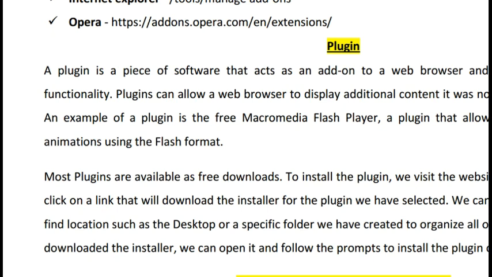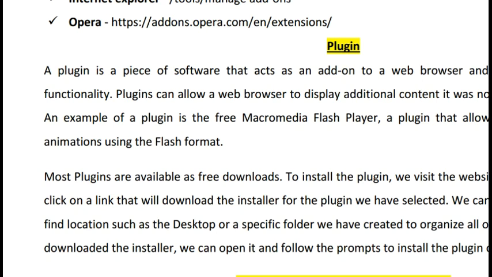An add-on is not a complete program. An add-on provides only a small type of facility, but a plugin is a complete program which can be integrated with the web browser. With the help of this complete program we can extend the power of the web browser and see all types of content.